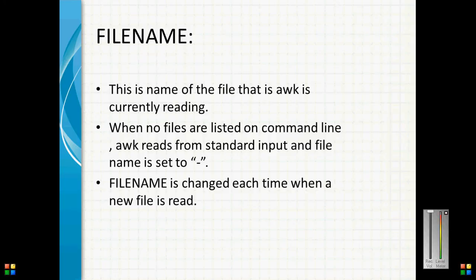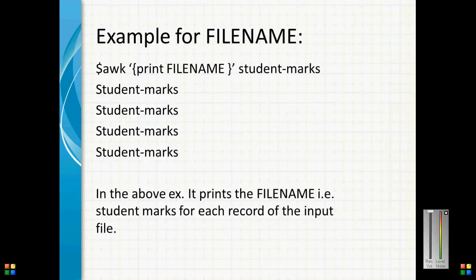FILENAME. This is the name of the file that awk is currently reading. When no files are listed on the command line, awk reads from standard input and FILENAME is set to a dash. FILENAME is changed each time a new file is read. Example for FILENAME: